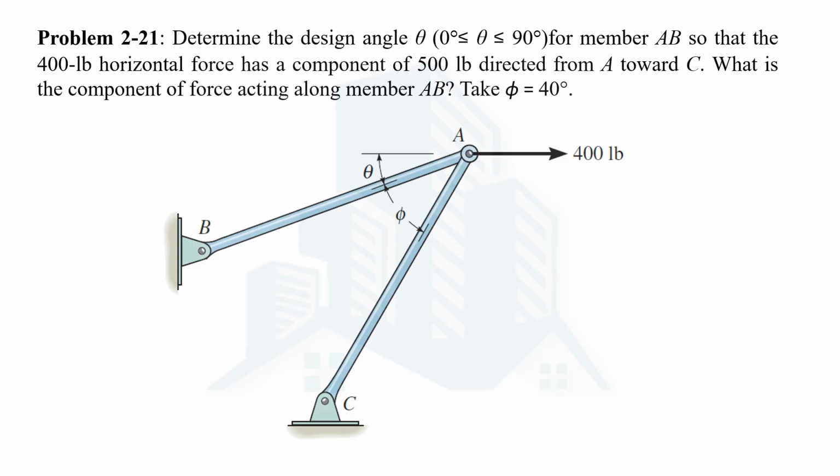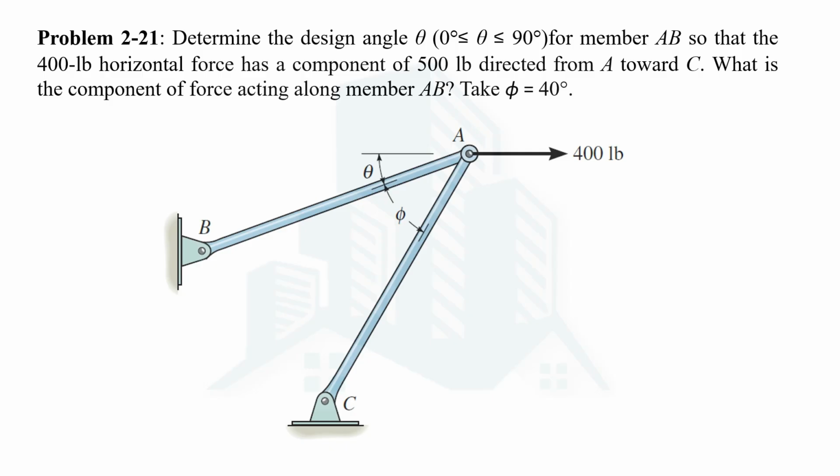Welcome everyone to another video where we are going to solve problem number 21 from the second chapter, force vectors, in the book of Engineering Mechanics written by R.C. Hibbeler, the statics part. So in this problem we are being asked to determine the angle theta for member AB